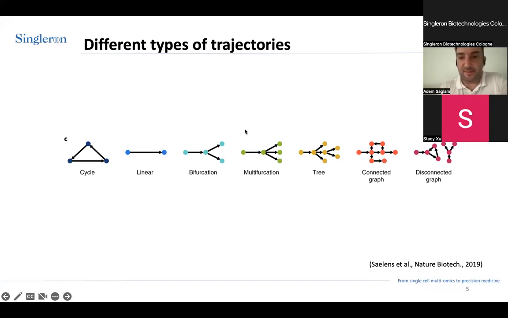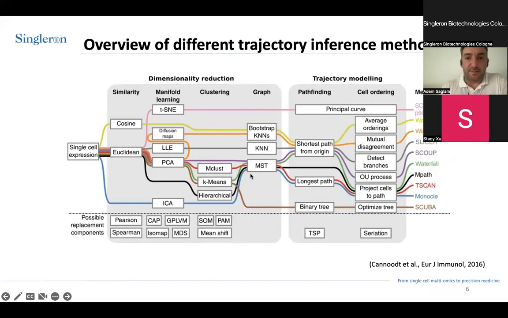So yeah, you can really read the paper from Saelens published in 2019. They really give a very good overview of all the different trajectory analysis methods. So again, this is from the same paper. You have initially your single cell expression count matrix, and then